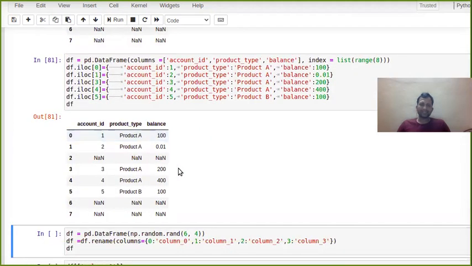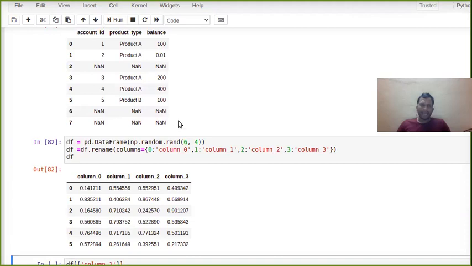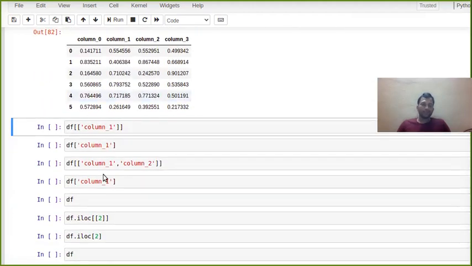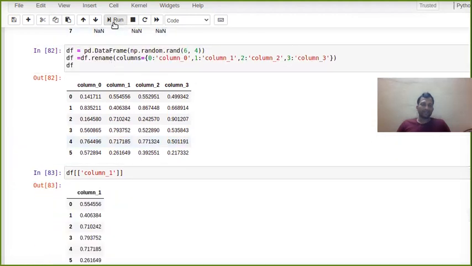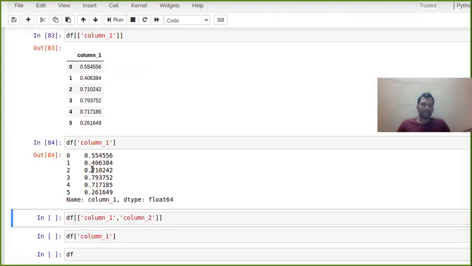Now you see, same thing, I am just adding. Now if you want to change the column name, I have explained what I did. I created some data frame and then I'm going to change the names of columns, like 0 with column 0, 1 with column 1. I have already explained this. So if you want to print any one column, like df column 1, here I have given double bracket. If you are not giving double bracket, it will show you some list format. But if you give double brackets like this and write all the column names, it will show you a data frame.